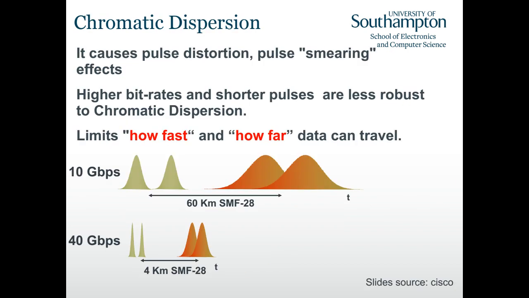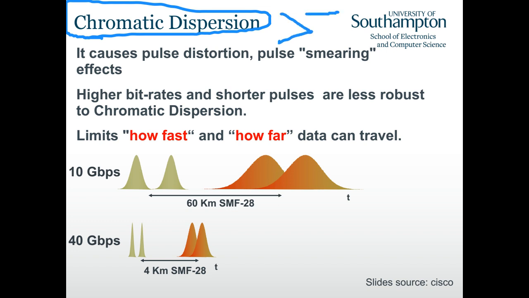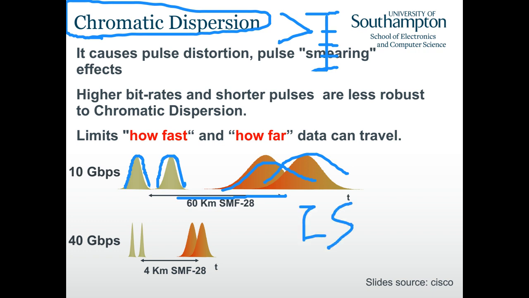So as I mentioned earlier, chromatic dispersion is a key challenge of optical fiber. It happens when the light source has a wide range of wavelengths, and different wavelengths travel at different speed. So at the transmitter, the pulses we transmitted are well separated. And then after a certain distance, the pulses will overlap. So now we have inter-symbol interference. We'll talk more about this in future lectures.